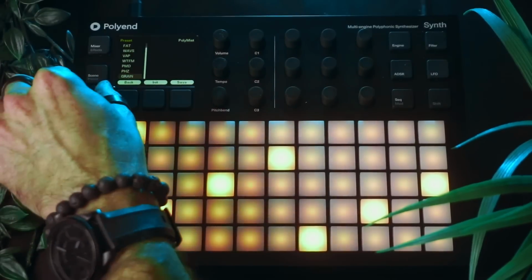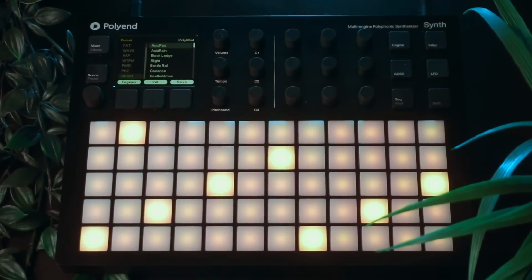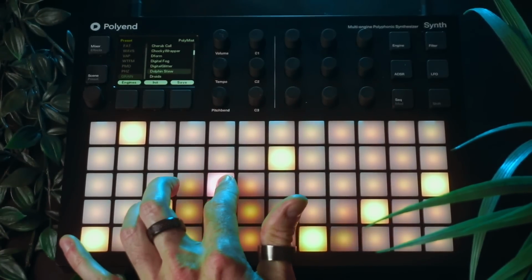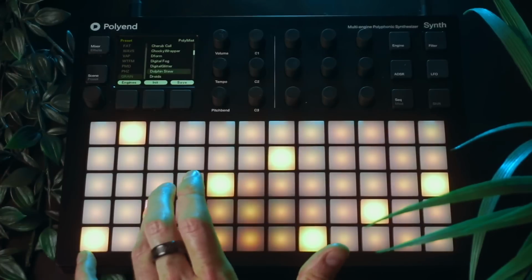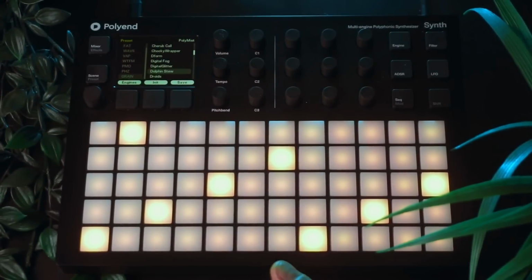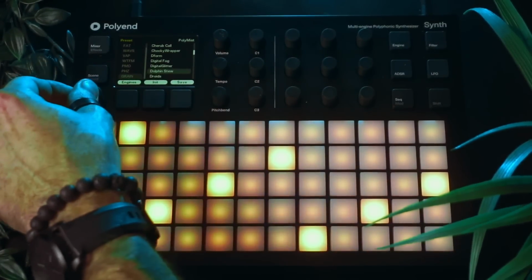Let's jump ahead a bit to grain. Grain takes standard audio files and then cuts them up into little grains that you could get those iconic cloud-like textures from. Just a gorgeous texture. If we open up the engine here,